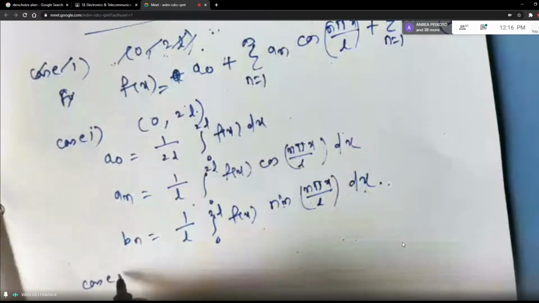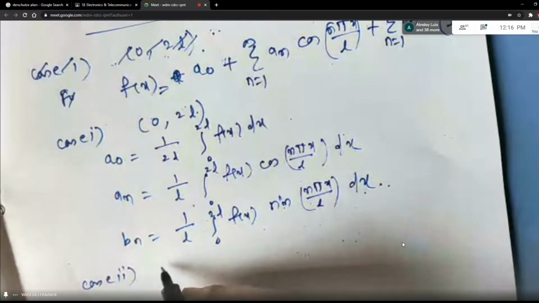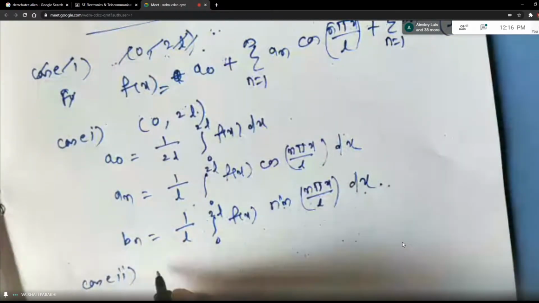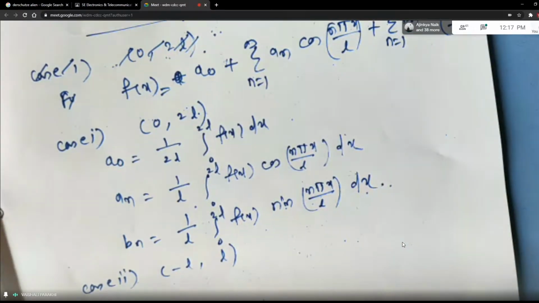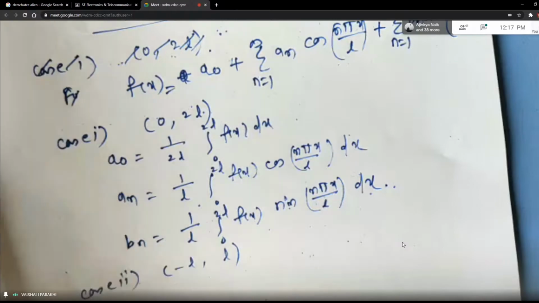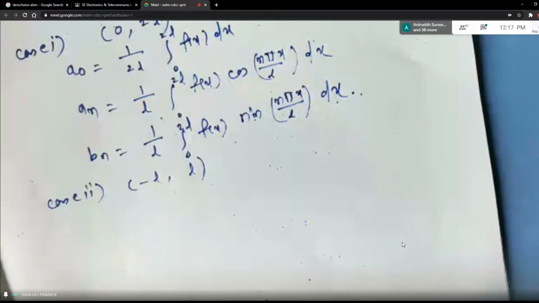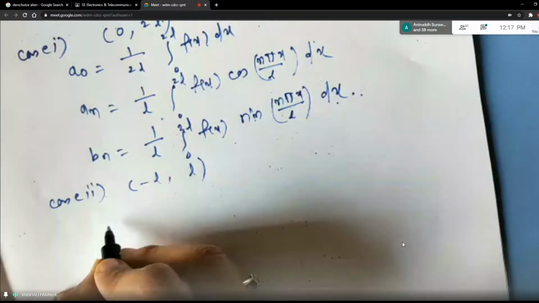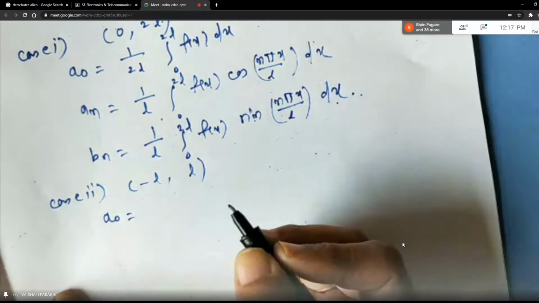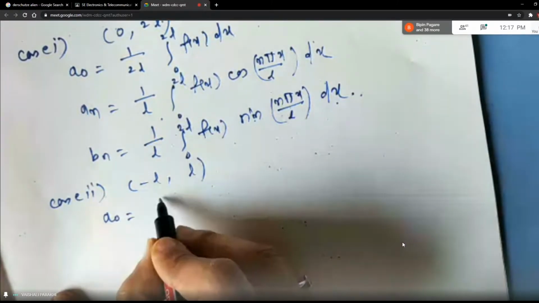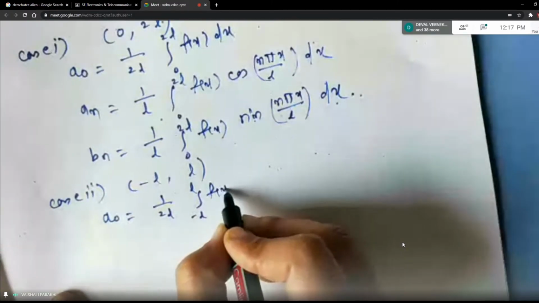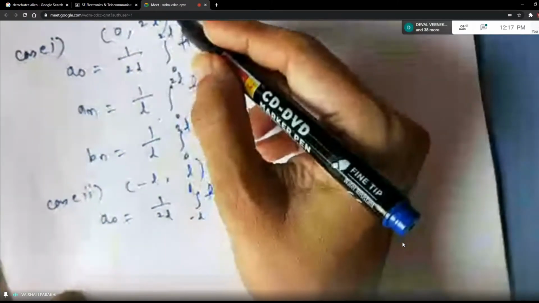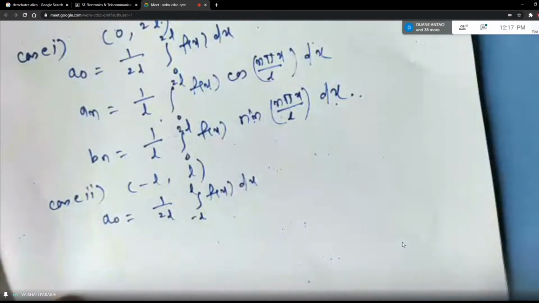Now can you tell me about the next interval from minus L to plus L? Like minus pi to plus pi, here we have minus L to plus L. So if you look at this A naught formula, what are the changes, students? Everything is the same except the limits. There also we did the same thing, no? 0 to 2 pi, and here minus pi to plus pi.